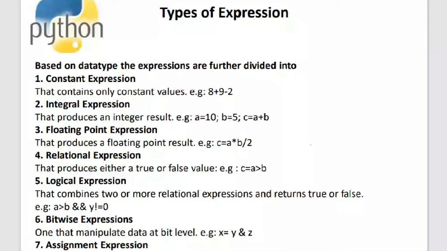And the same plus, I'm using it for another purpose, which is called concatenation. Such kind of concepts are called operator overloading. The same operator will be used for different purposes. Based on the context, it will change its functionality. When two strings are given as two operands for this plus, it will act like a concatenation operator. When two integer literals are given, it will act like an arithmetic operator. Such a concept is called operator overloading. Just keep that word in mind.